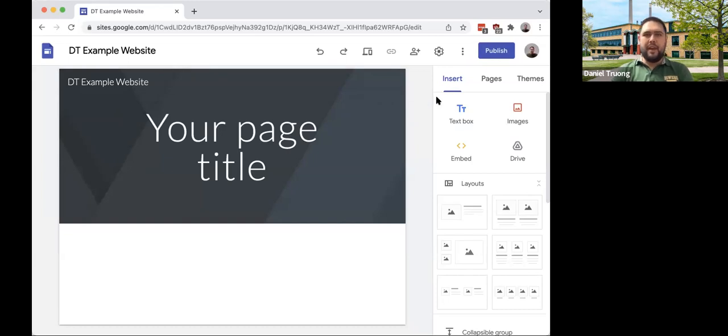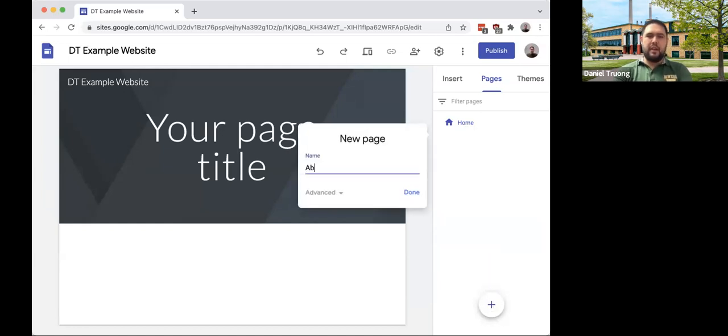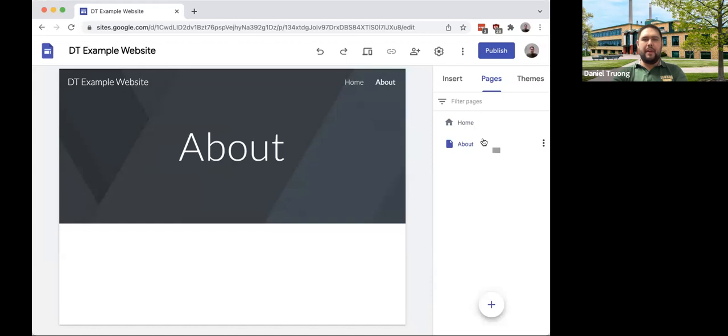Now, we probably want to add some pages as well, so that people can see different aspects or information of your web page. So I'll go over here to pages, and right over here, you can click the plus button and it'll give you new sections or options on what you can do. I just want to add 3 pages. So I'll click this stock button right up over here, and I'll add about. When you add a page, it'll automatically add it up at your menu bar up here too. You'll also have this link here that says home that will bring you back over to the home page. And so I'll add